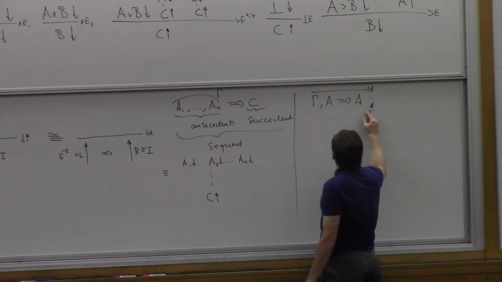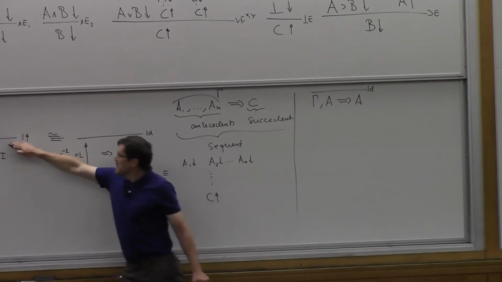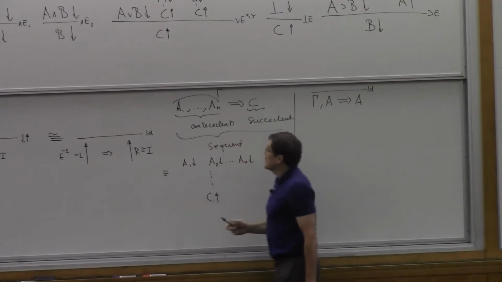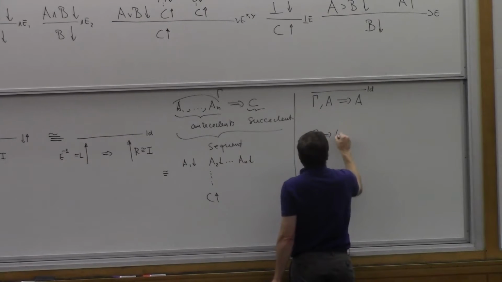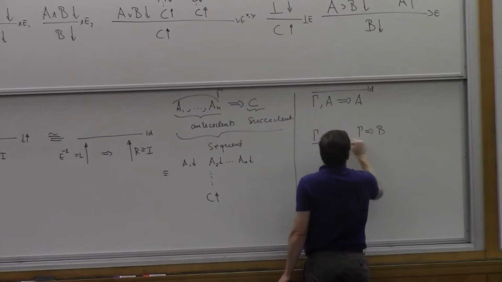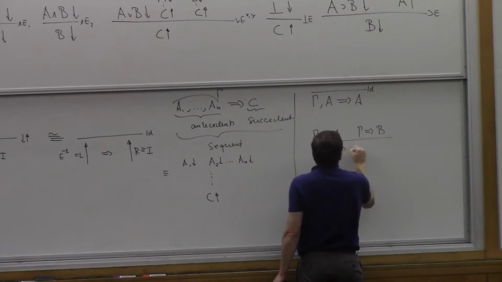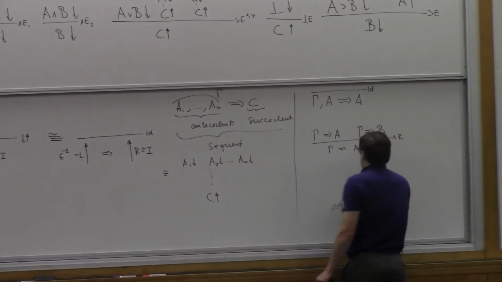No, the up-down rule is this one. That corresponds to the up-down rule because that's the place where they meet, and I translate that to identity. So the and-introduction rule is going to look like this: if from gamma A follows, and from gamma B follows, then from gamma I get A and B. And this is going to be the right rule.